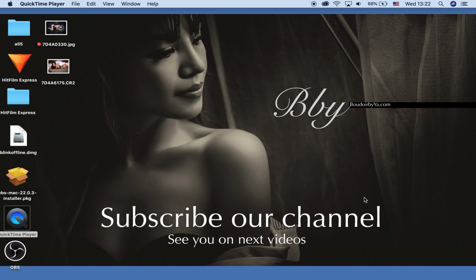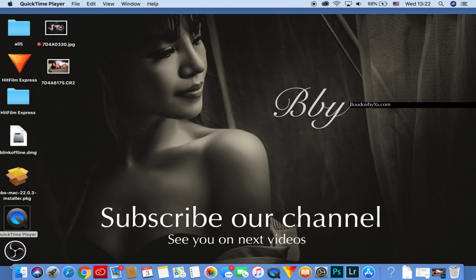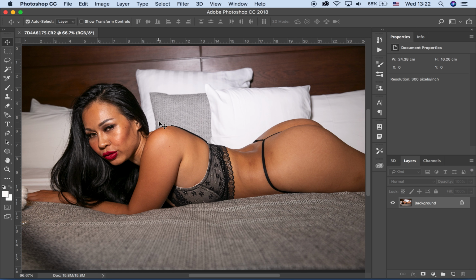Today we work on a Photoshop tutorial again. Let's open the image I prepared for today. This image looks good already, but we still need to create a more romantic atmosphere, like fixing the color and fixing her